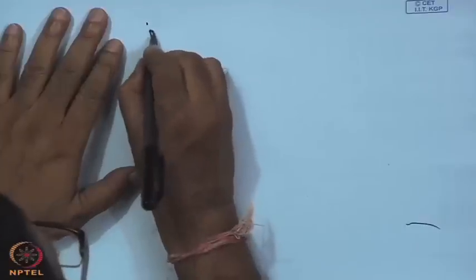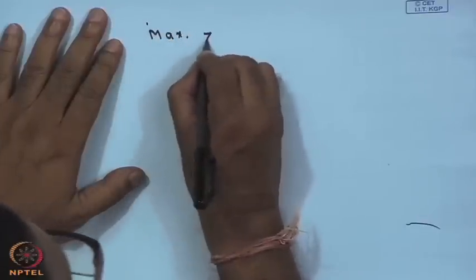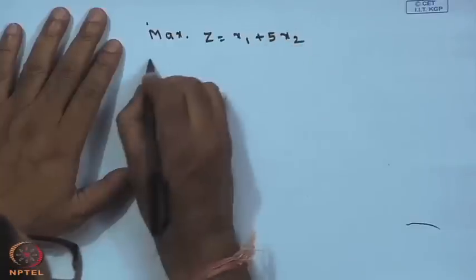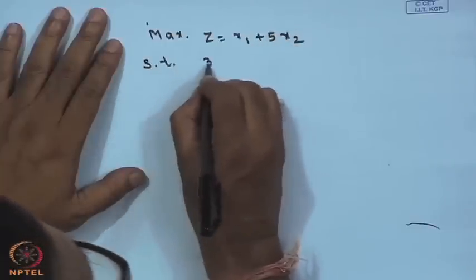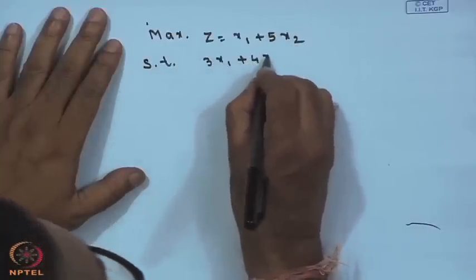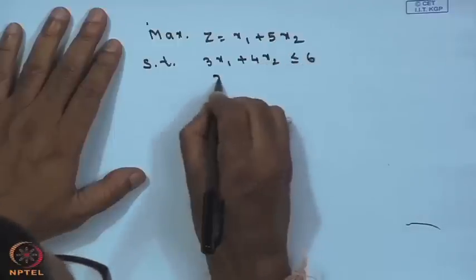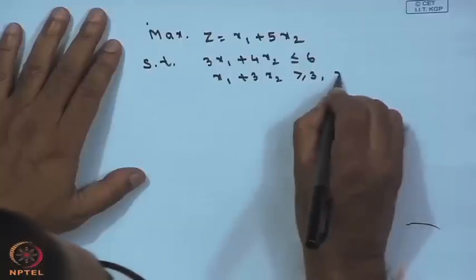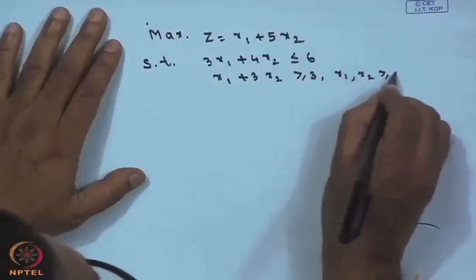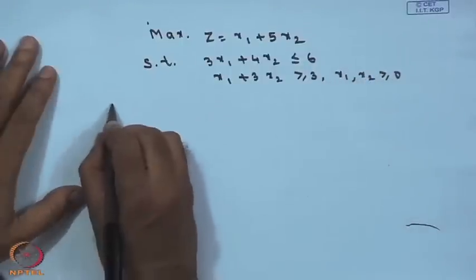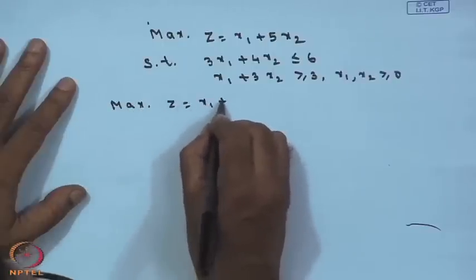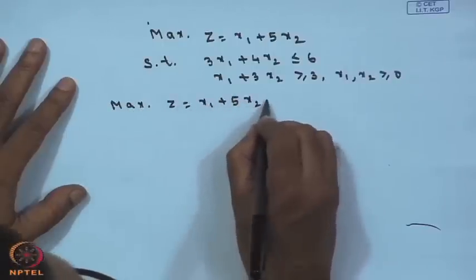Now, let us take another example. Maximize z equals x1 plus 5 x2 subject to 3 x1 plus 4 x2 less than equals 6, x1 plus 3 x2 greater than equals 3 and x1, x2 greater than equals 0. I am not explaining the entire thing, I am just writing maximize z equals x1 plus 5 x2, then for